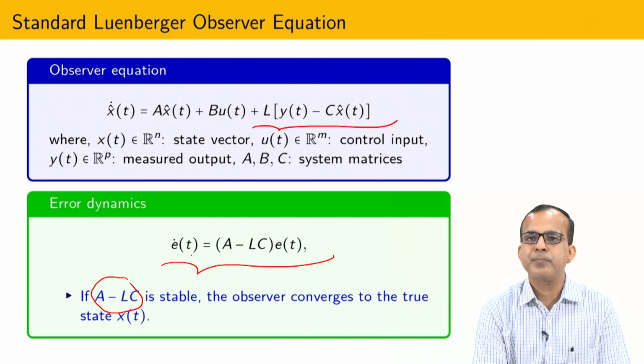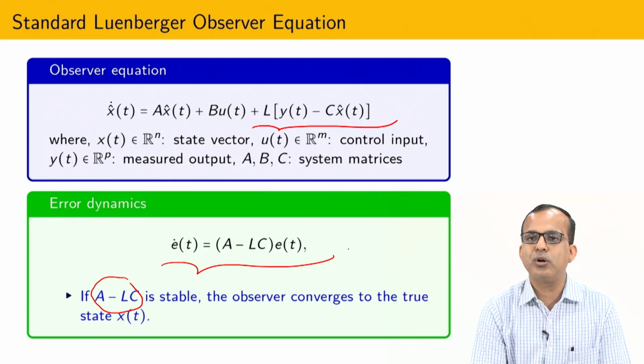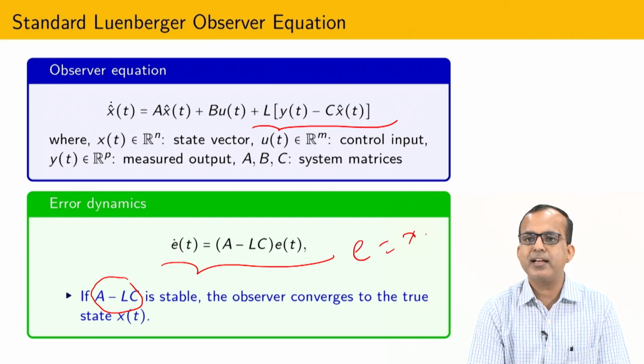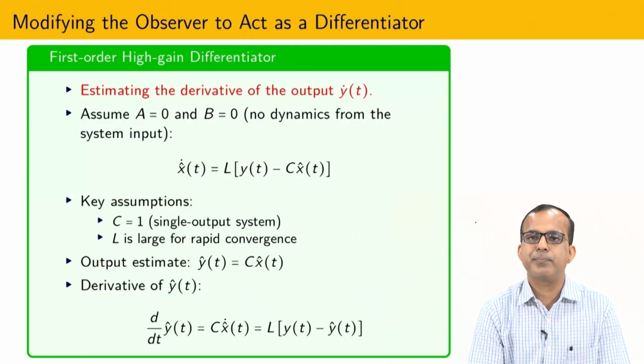that if you design L such that all eigenvalues of this matrix lie in the left half plane, then you can maintain this kind of observer. And what is the responsibility of this observer? Finally it is possible to show that E equal to 0, and what is E? E is nothing but x(t) minus x cap or x cap minus x(t). Based on the definition you can write both, and based on that plus and minus sign comes into picture. So E tending towards 0 means x equal to x cap.